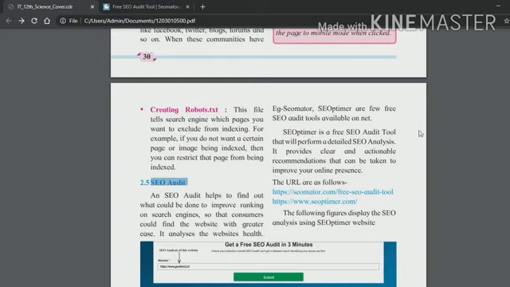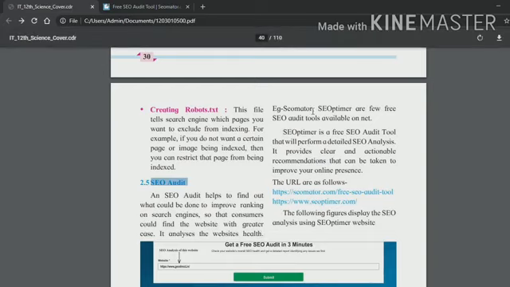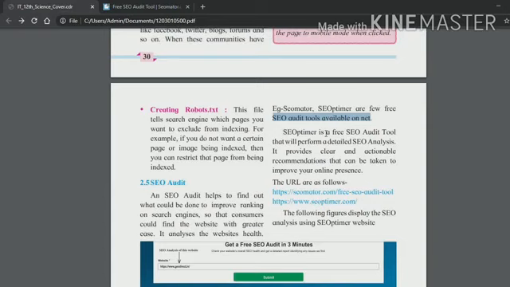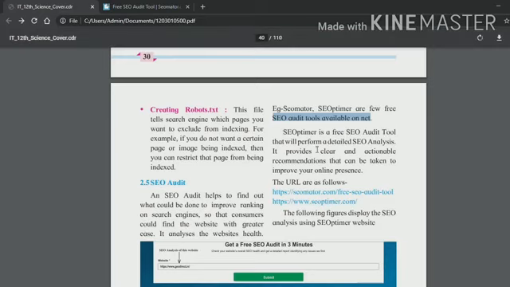Now, for example, SEO Matter and SEO Optimizer are a few free SEO audit tools available on the net. SEO Optimizer is a free SEO audit tool that will perform a detailed SEO analysis.